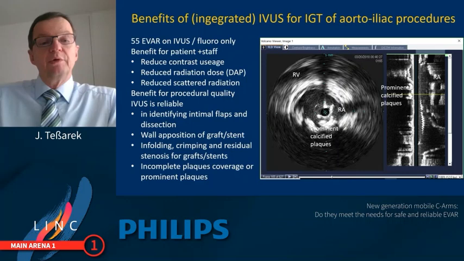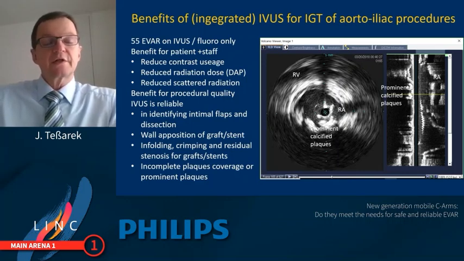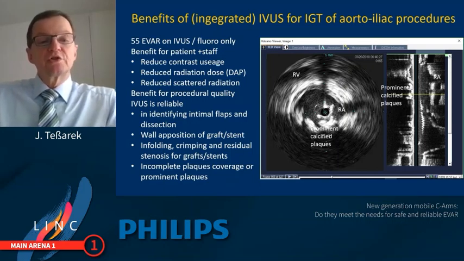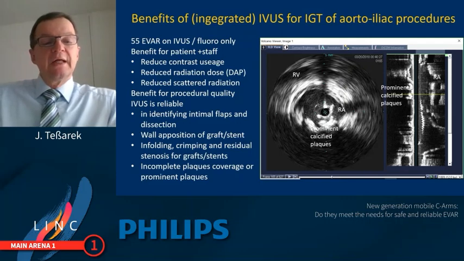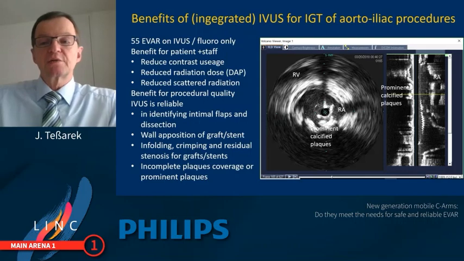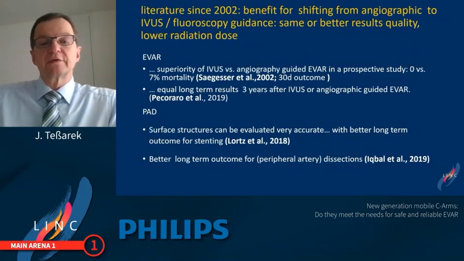And in terms of reliability, IVUS is better to identify intimal flaps in dissections, but also in PAD procedures to be sure that the wall opposition of graft and stent is accurate and that there is no infolding, crimping, residual stenosis in grafts and stents, or that there is no incomplete plaque coverage, and all this without radiation, just by a single run through of the IVUS catheter. There is sufficient evidence that IVUS in combination with fluoroscopy only has better immediate and long-term outcomes for EVAR, but